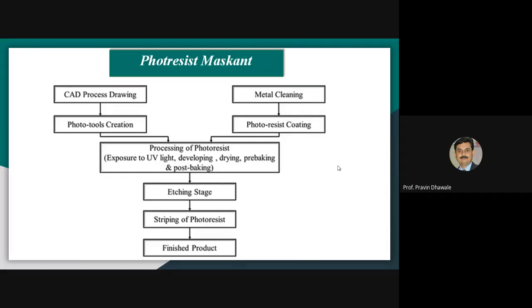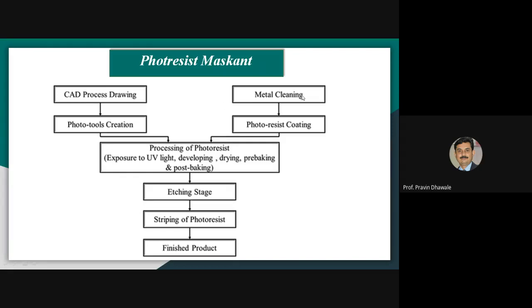Third one is the photoresist maskant. It will be shown by flow chart. First you have to carry out the CAD drawing processing. Then you have to carry out photo tool creation. We can carry out these activities using software.